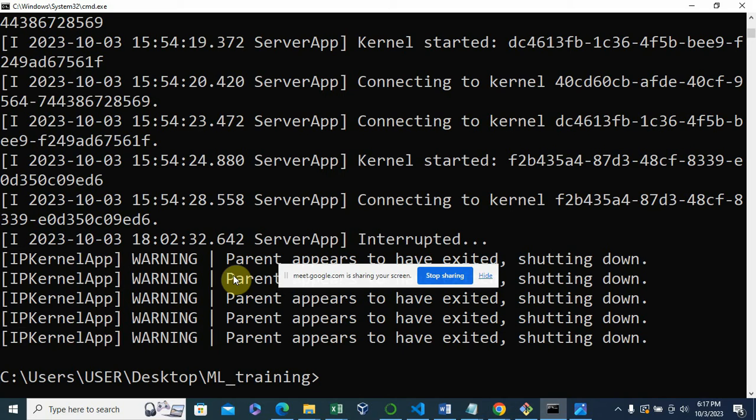So you can create a virtual environment and have everything installed in there.